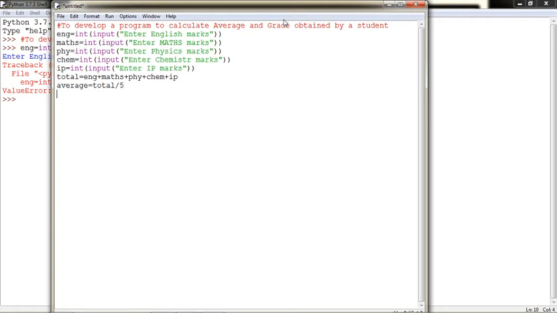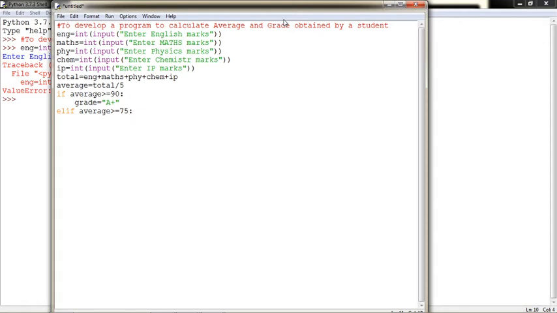Average will be calculated. On the basis of average, put the conditions using if statement. If average greater than equal to 90, that was the first criteria. Then let us take a variable grade equal to inverted commas A plus. Okay. Then elif average greater than equal to say 75.